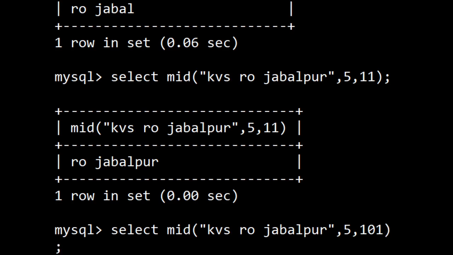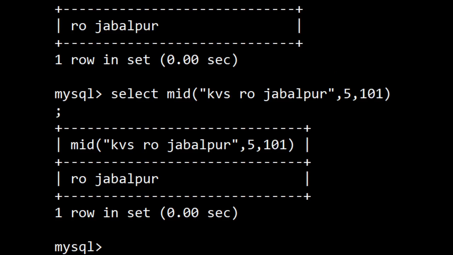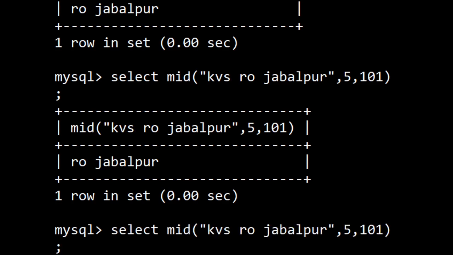Just a minute. Okay. Yes. Again RO Jabalpur. So if the length given is more than the actual parameter's length, it will give you all the available characters in that length area. In this way this mid function works, and same way substring functions also work.